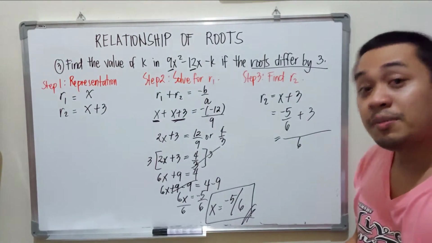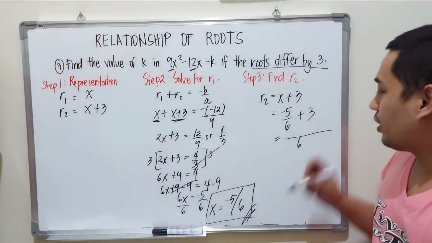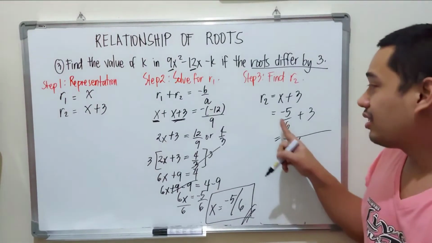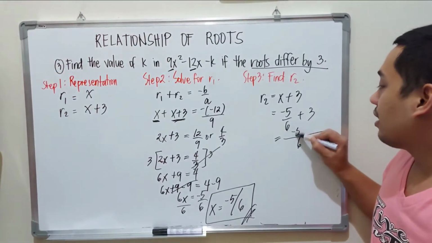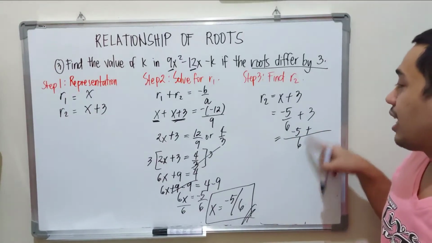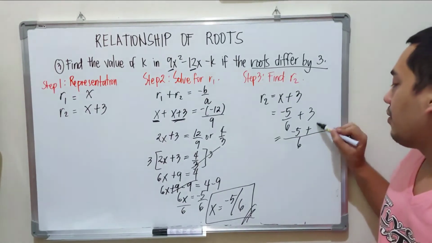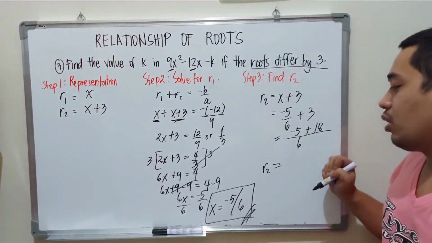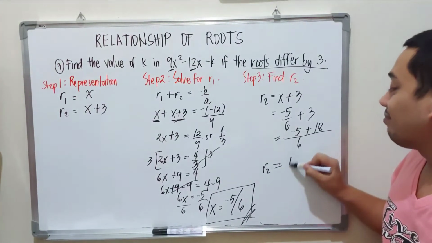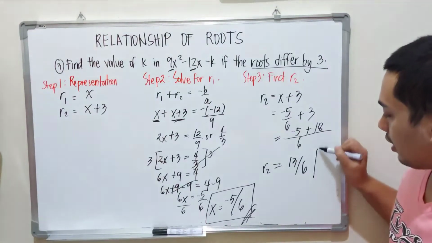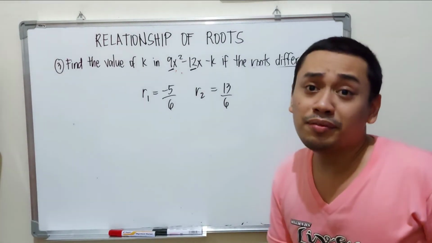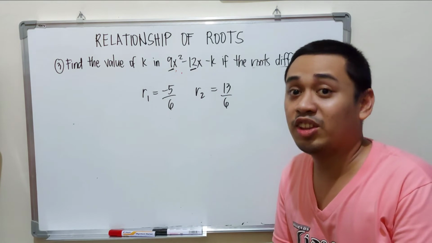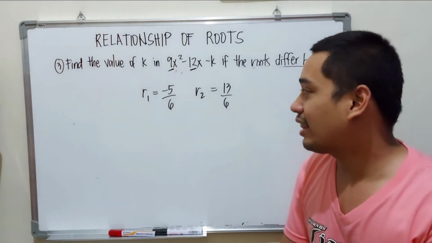Then, simplifying our numerator, 6 divided by 6 is 1 times negative 5. Negative 5 plus 6 times 3, we have 18. Then there you have it. R2 will be equal to 13 over 6. Para ma-solve natin yung final value for letter K or yung for letter C natin, we use